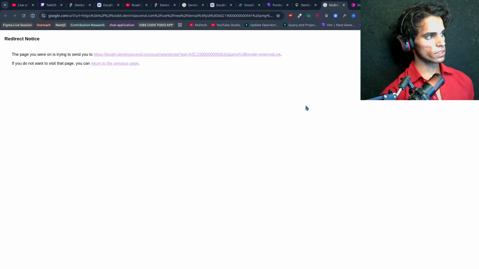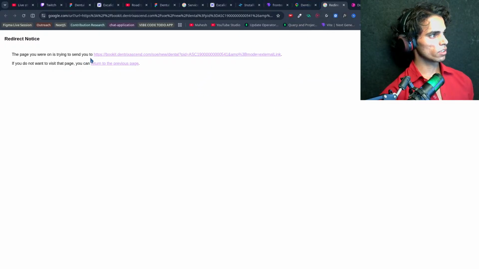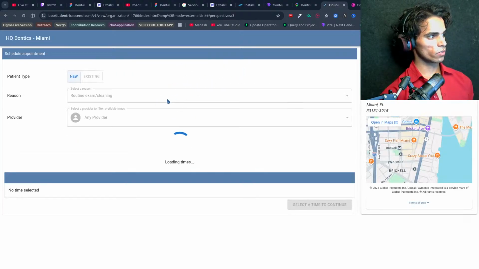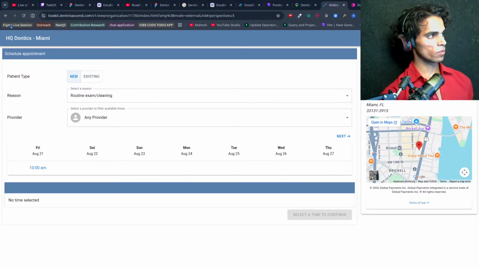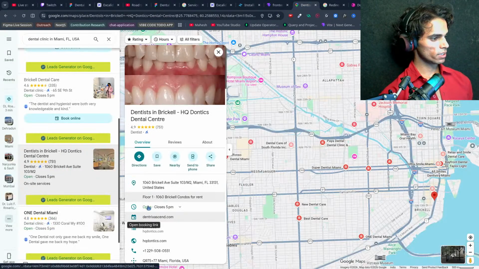Let's open this. The page you are trying to see... if you do not want to visit the page, you can return to the previous page. Okay, we are going on booking fees directly. What is the problem in this?